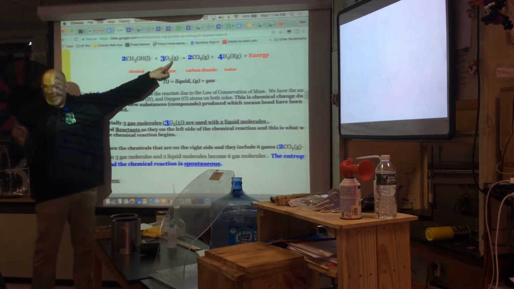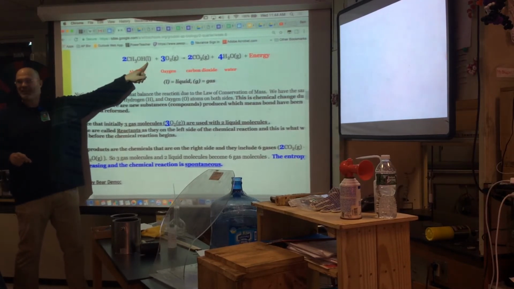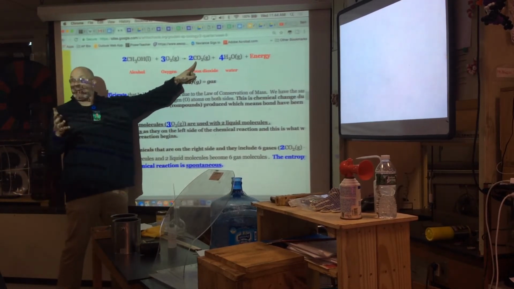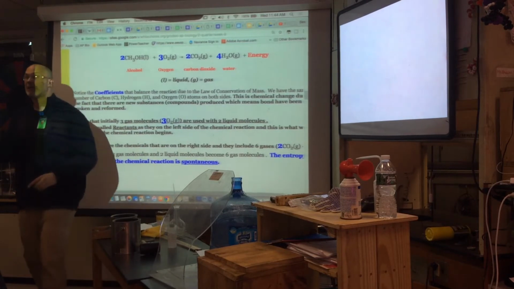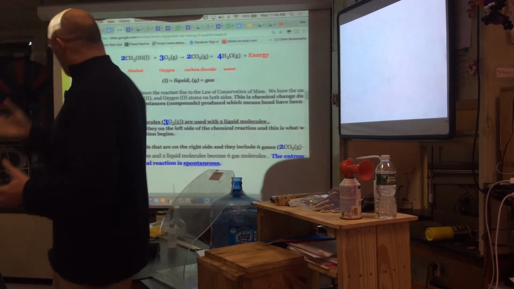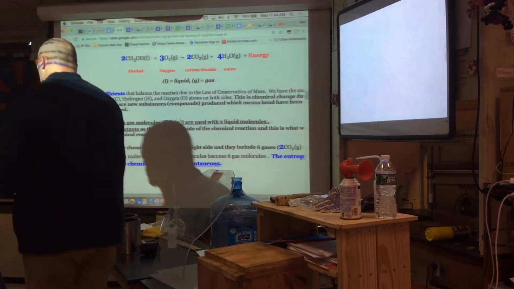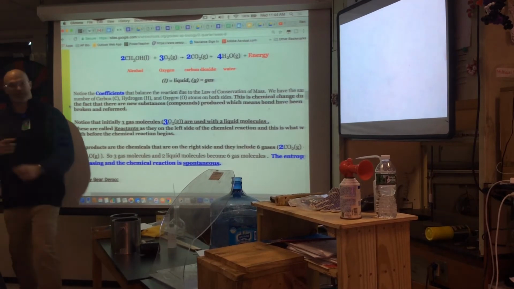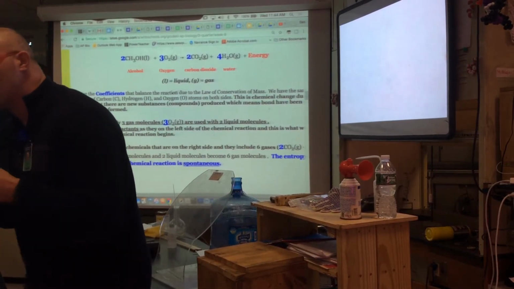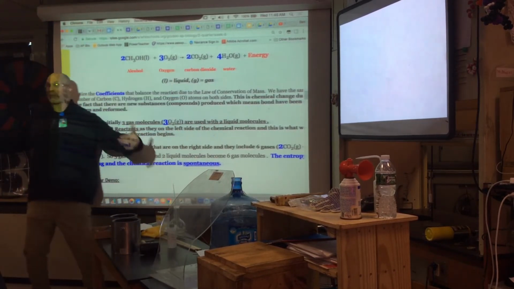There are 3 gas molecules. There are 2 liquids. 2 liquids and 3 gases make 6 gases. Don't gases fly around the room hundreds of miles an hour? Don't they have more energy than liquids? So I go from 3 gases to 6 gases. In fact, when you think about burning, you know what I think about? When this happened over here, when I burned the periodic table, carbon that was stuck together as a solid was free to fly around. Look, carbon has 2 O's and flies around.